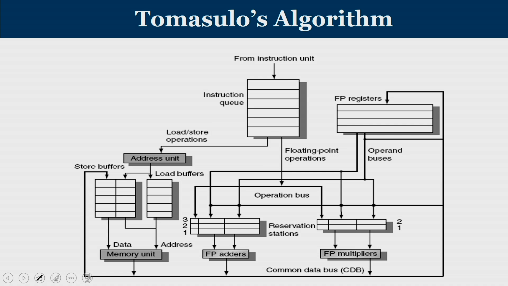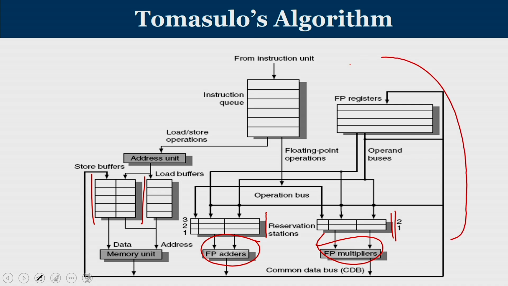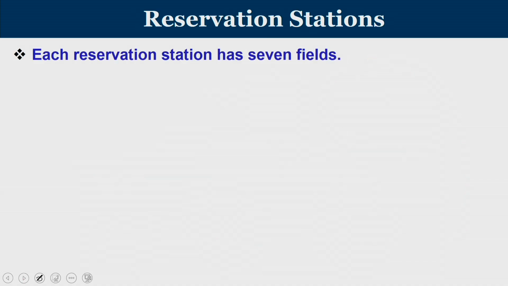We have had a discussion: we have a reservation station for adders, and a reservation station for multipliers. So, every functional unit has its own reservation station, and this Q is acting as a reservation station for the memory unit for load and store. We call it the load buffer and store buffer, and the CDB updates the floating point registers, or whatever your register file is, and at the same time the CDB is connected to the input of the reservation stations also. Now, let us see what the content of a reservation station is.